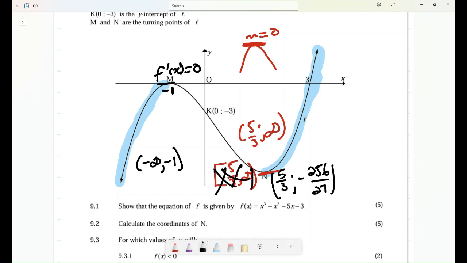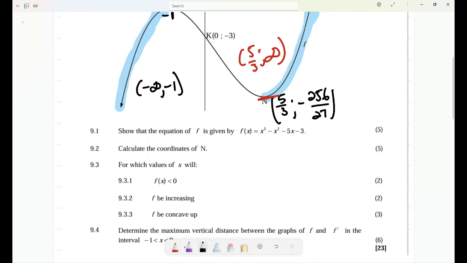This is wrong. I cannot include 5 divided by 3. Why? Because now it is stationary. At stationary, it is neither increasing nor decreasing. So the correct answer there,